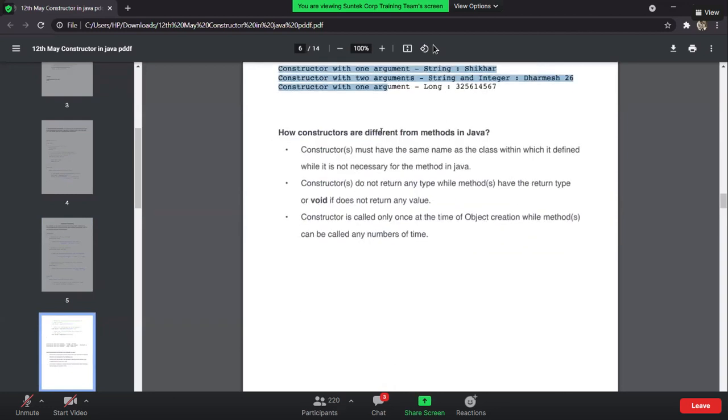How is the constructor different from methods in Java? There are a few key points to remember. The constructor must have the same name as the class in which it is defined, which is not necessary for a method in Java. The constructor does not return any type, while a method has a return type, or void if it does not return anything.